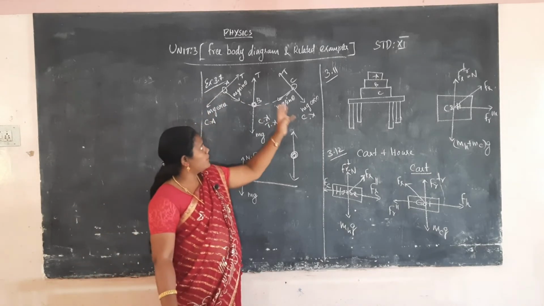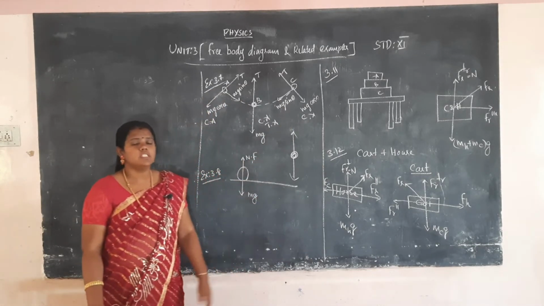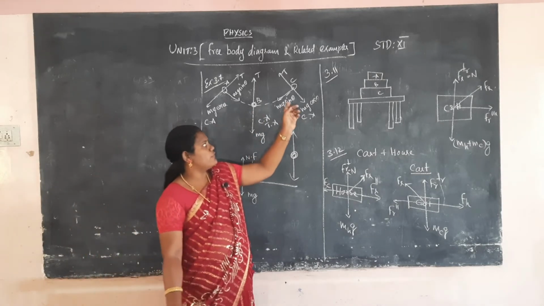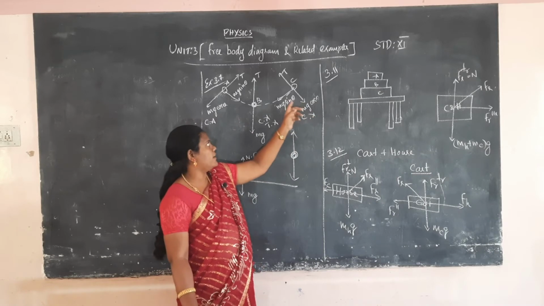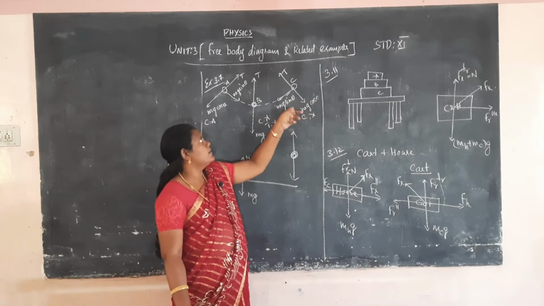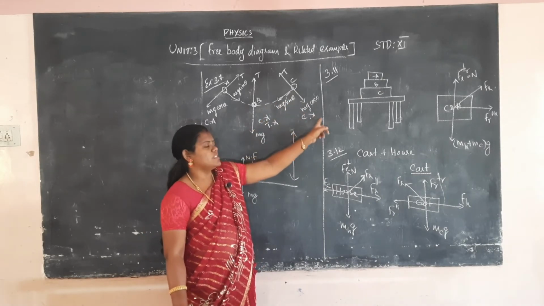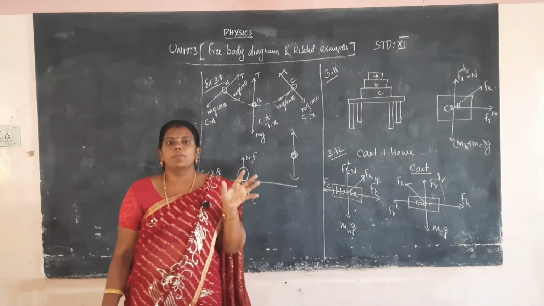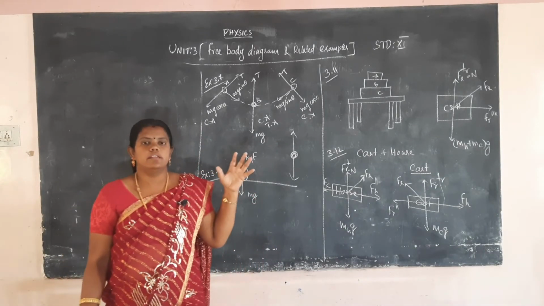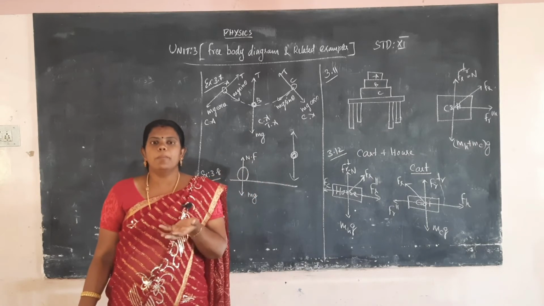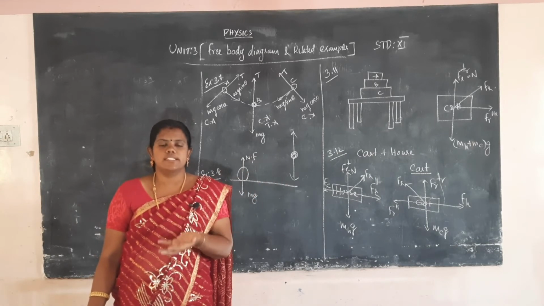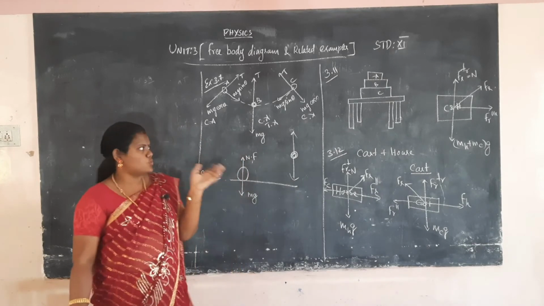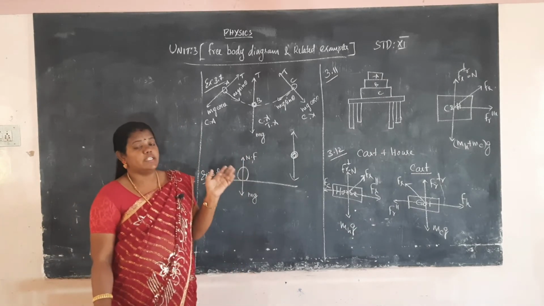That's the same way at point C. The bob is on the C side, so the parallel component of force is equal to mg cos theta and the perpendicular component of force is equal to mg sin theta, but the tension will be equal to mg cos theta. One bob will be moving to and fro, and the middle part has tangential acceleration and centripetal acceleration, and at the two sides the bob has only centripetal acceleration.